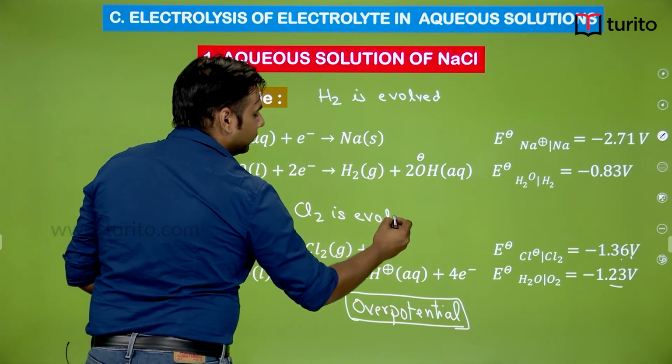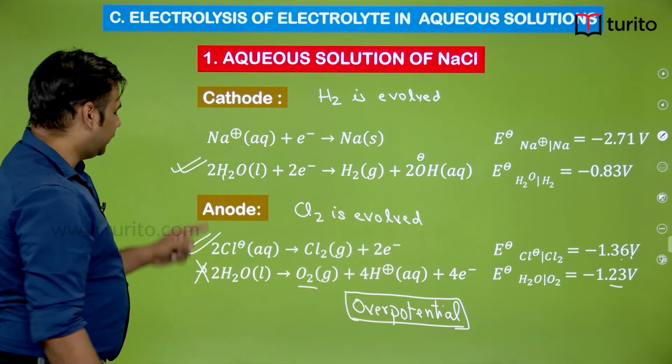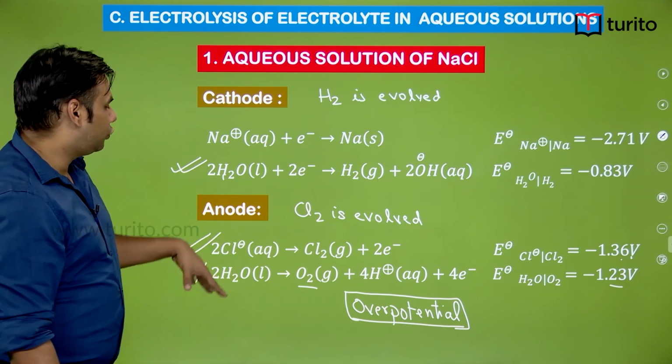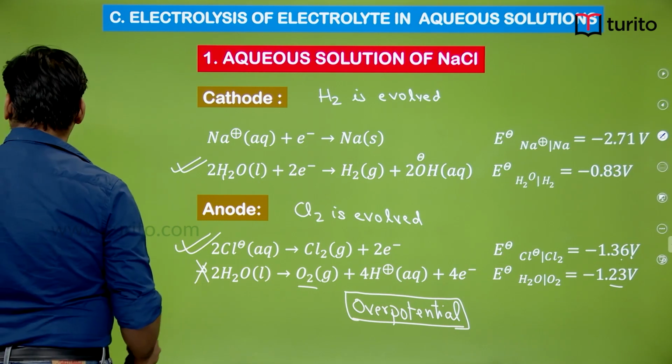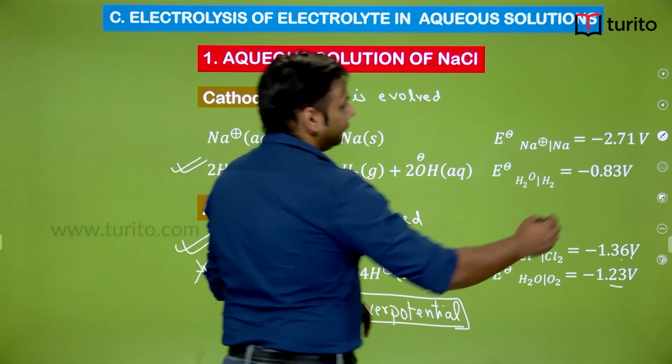Okay, I hope this is clear to you. Now these are the two primary reactions that are happening. So when you add them, these electrons will get cancelled out. So eventually the final reaction which we will be getting over here is,